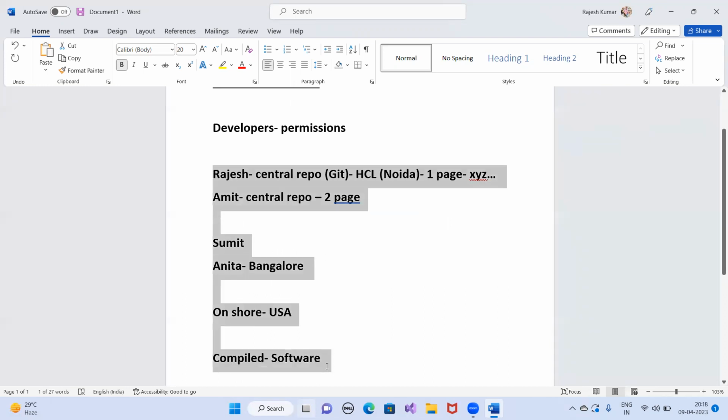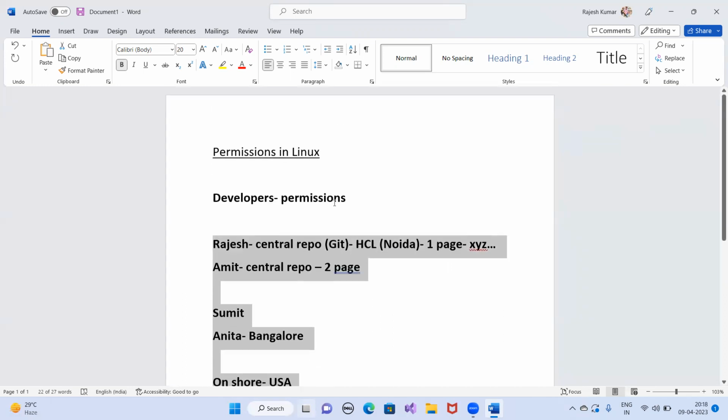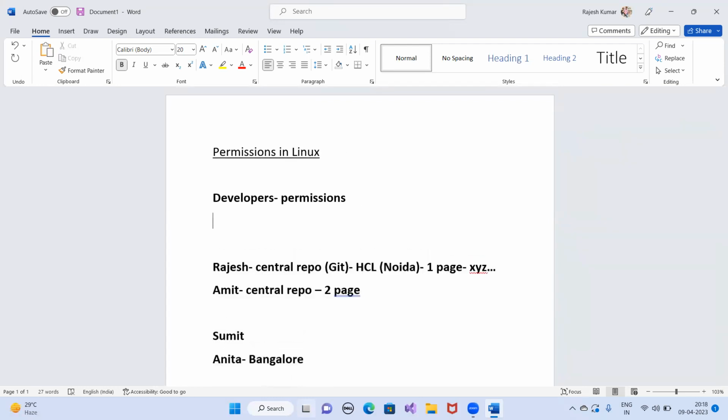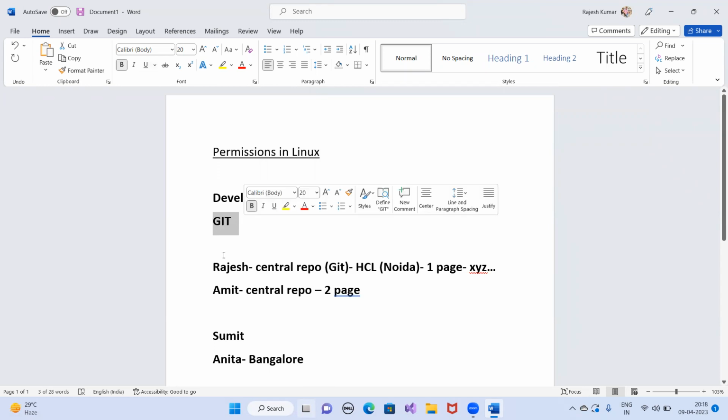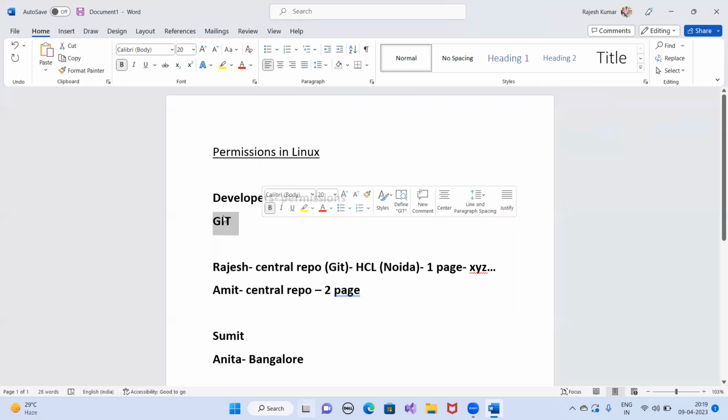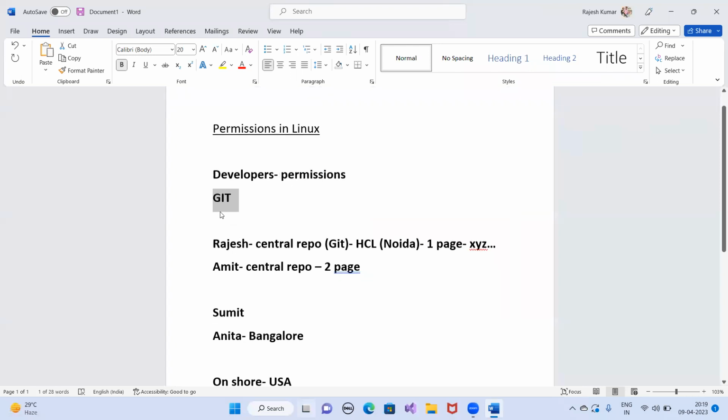Once they write the code, they will save it in a central location, in a central server. That central server is called a central repository, and Git is one example of that. So what you might be doing, if the company has given you access on Linux as well, is giving permission on this particular Git directory: who can contribute in this location, who can save the code, who can delete it, who can edit the requirements.